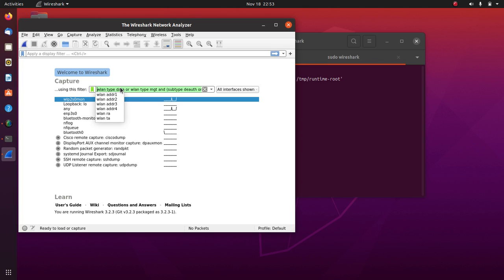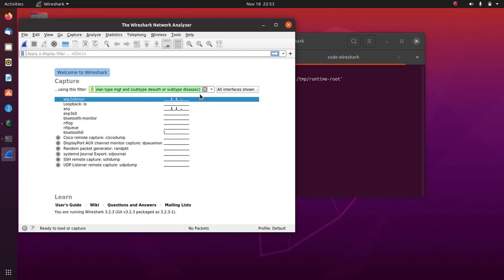So what basically it does: since there are a lot of packets which will flood through our wireless router, by applying this filter we will see only those packets which are either data packets or management related packets. And we also applied one subcategory, which is deauth or subtype disassociation.